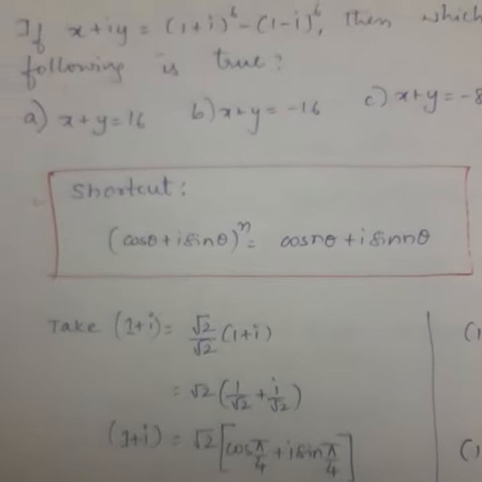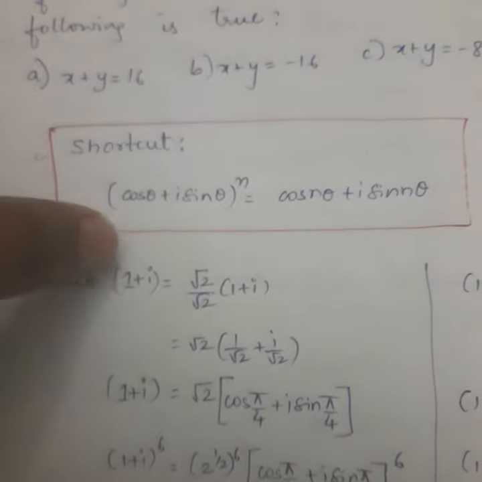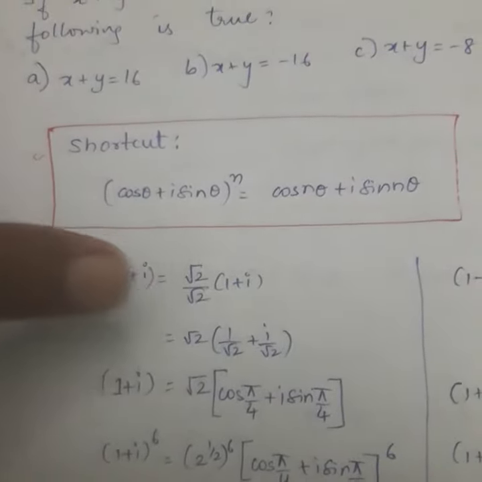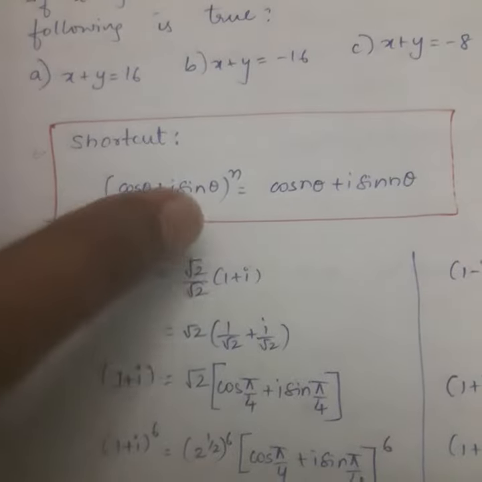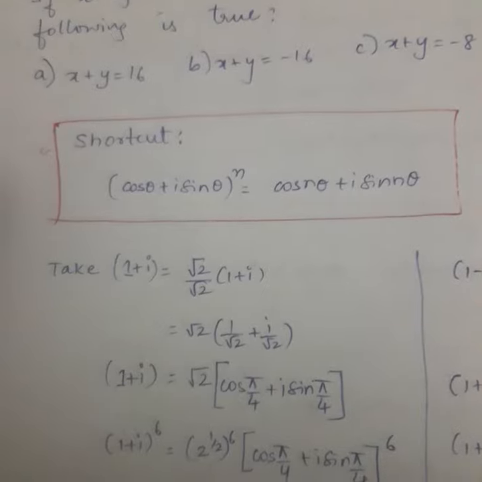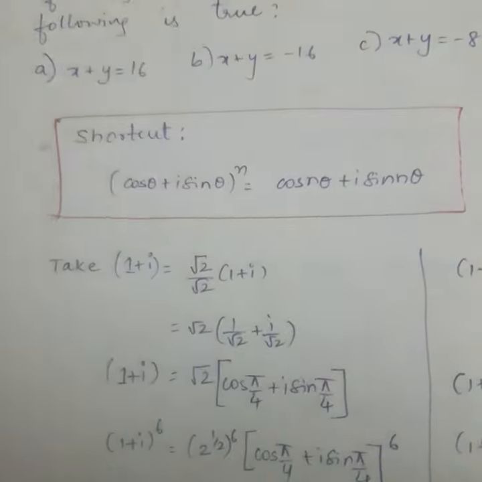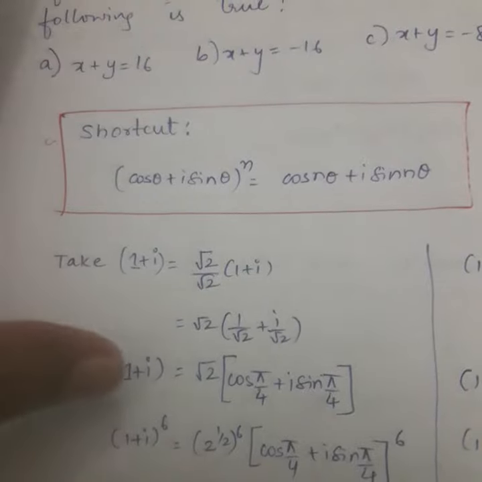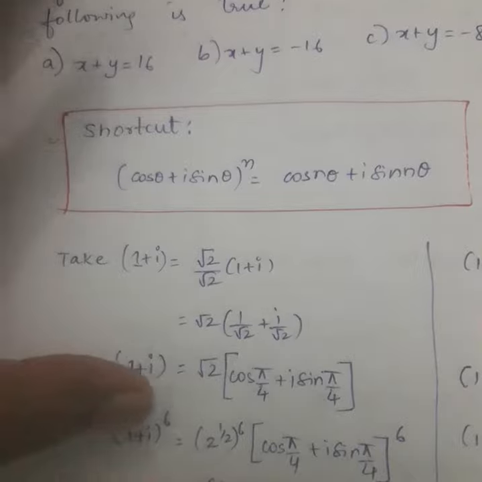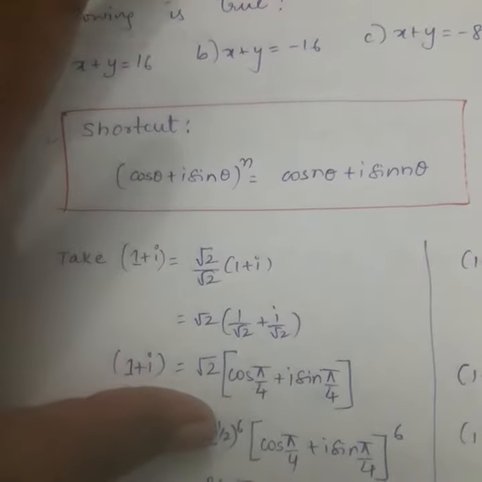So here from the equation I am taking 1 plus i. This 1 plus i can be written as root 2 divided by root 2 times (1 plus i). So root 2 into 1 by root 2 plus i by root 2, that is nothing but cos pi by 4 plus i sin pi by 4. So I get 1 plus i as root 2 into (cos pi by 4 plus i sin pi by 4). If I take this to the power of 6,